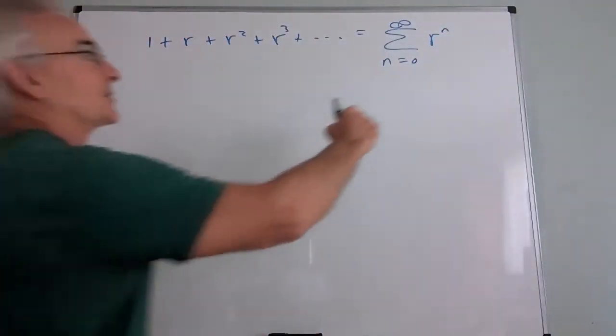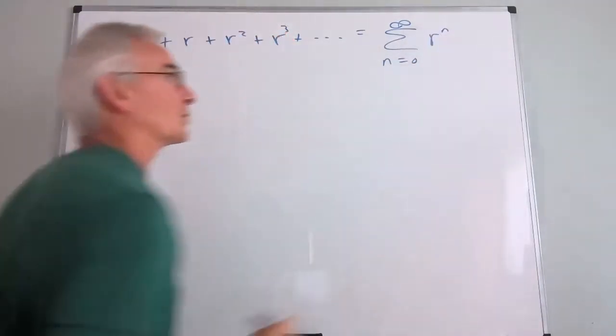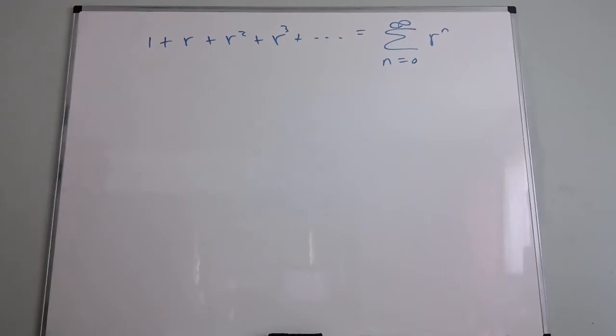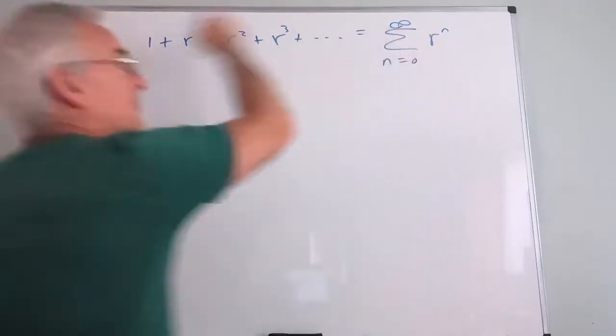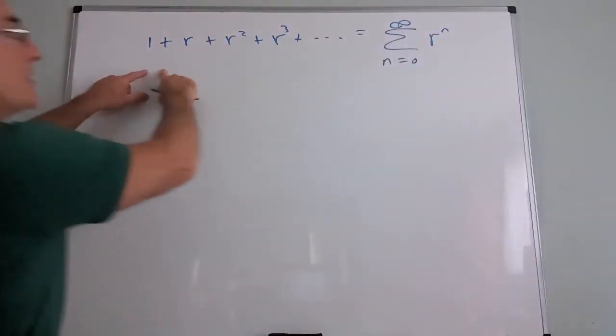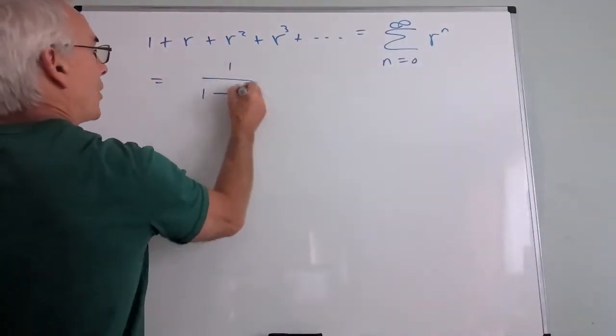You notice I now started at 0. Before we were starting at 1 and writing it as n minus 1. Now if I start at 0, I can write it as n. And doing a quick check, it's the same thing. If I have a lead coefficient of A1, I'm saying factor that out of the problem. We know that this is equal to 1 over 1 minus R